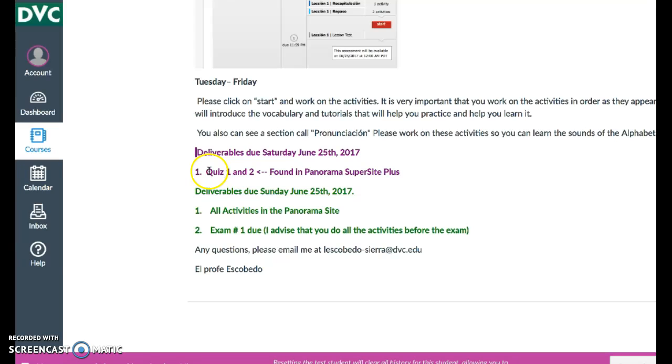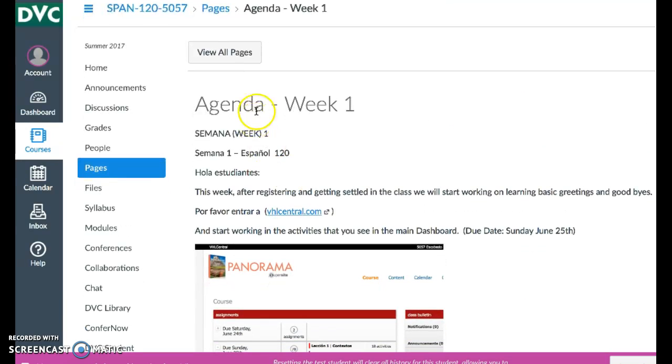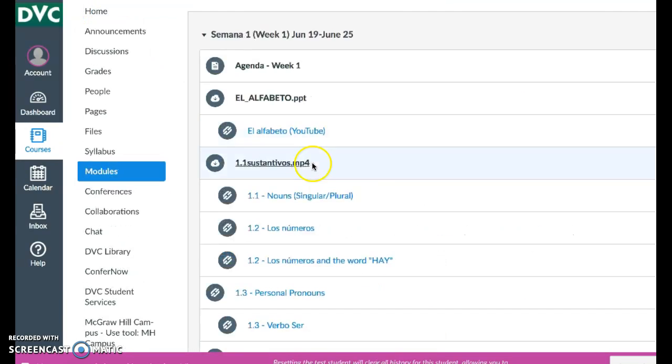They're right here. So the first quiz and quiz number 2 will be due Saturday, and all the activities will be Sunday. The quizzes, I might change them to Sunday, but I'm not 100% sure yet. So if you go back to the module 1, then you will see other